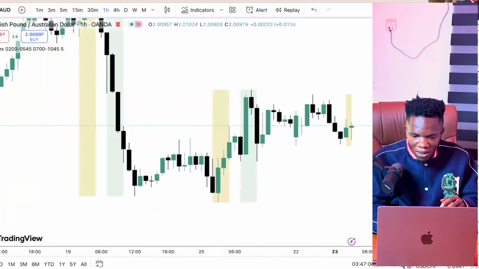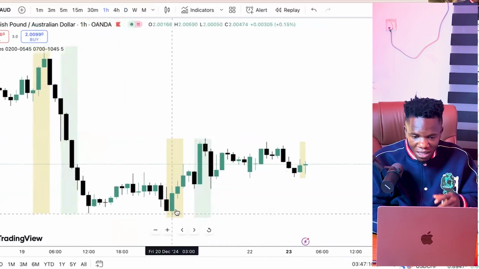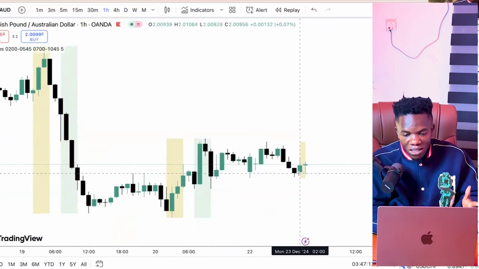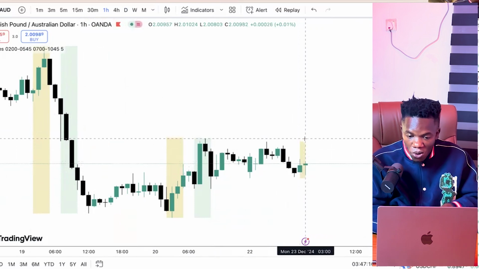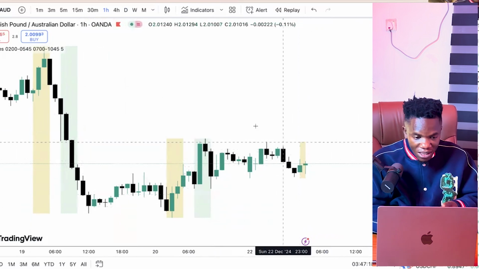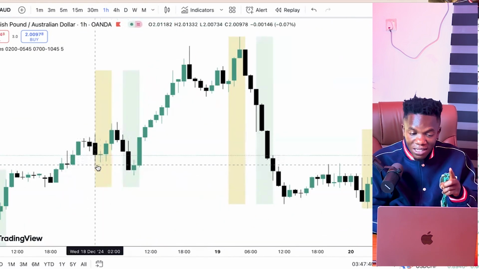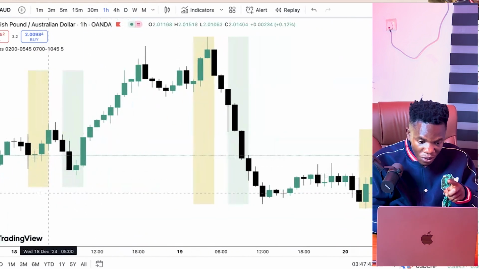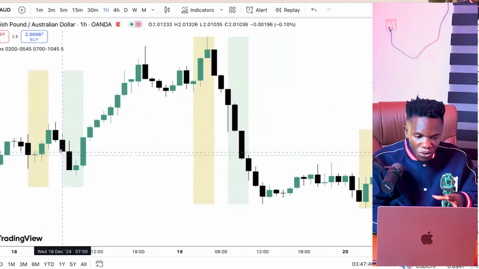Let's take a look at an example. You see it's there. Just keep scrolling here. Low of the day. This is the current day's price action. I'm sure the low of the day will be formed here if it's going to be a bullish day. And if it's still going to be a bearish day, the high of the day will be formed inside this yellow shaded area. The high of the day was formed here. This one, the low of the day was formed in this London key zone with this wick here. You can see, but just that we had a very deep retracement prior to the New York key zone.